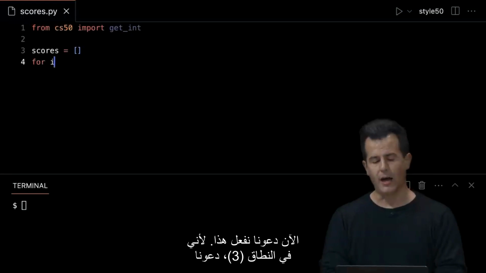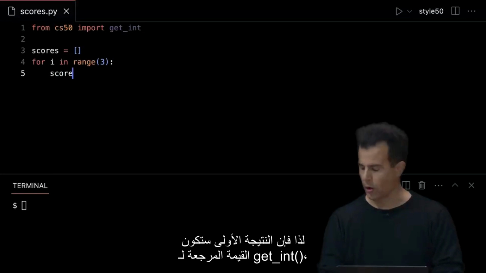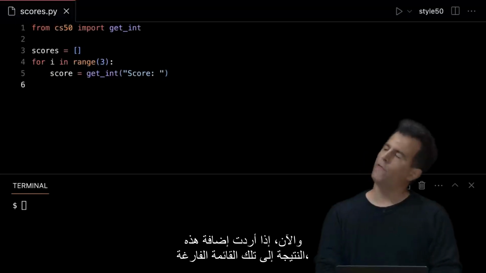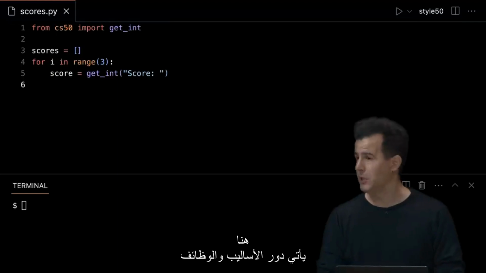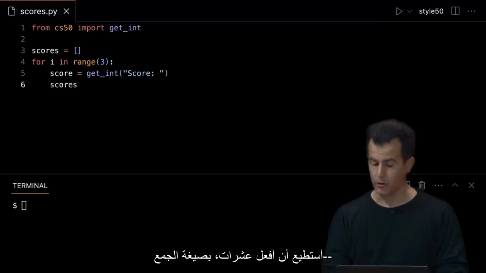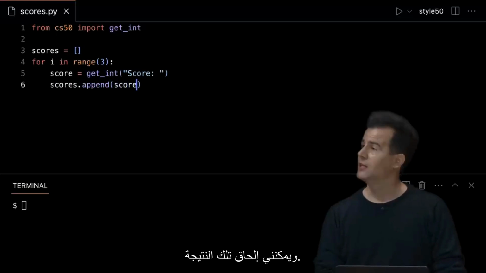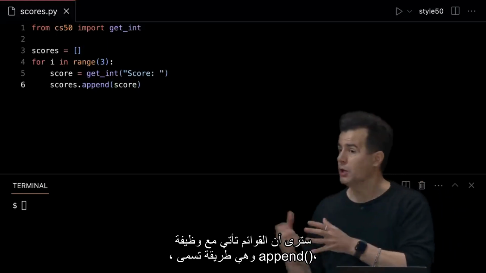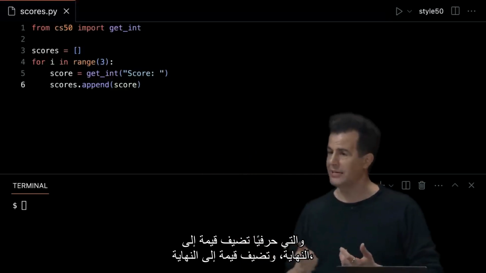Now let's do this. For i in range of 3, let's prompt the human for 3 test scores. So the first score will be the return value of get_int, prompting the user for their score. And now if I want to add this score to that otherwise empty list, here's where methods come into play, functions that come with objects like lists. I can do scores, plural, because that's the name of my variable from line 3, dot append, and I can append that score. So if we read the documentation for lists in Python, you'll see that lists come with a method called append, which literally just tacks a value onto the end,